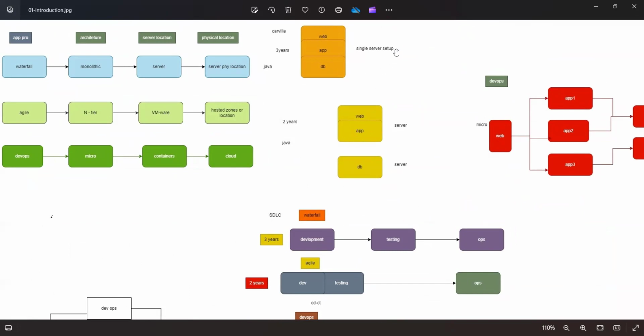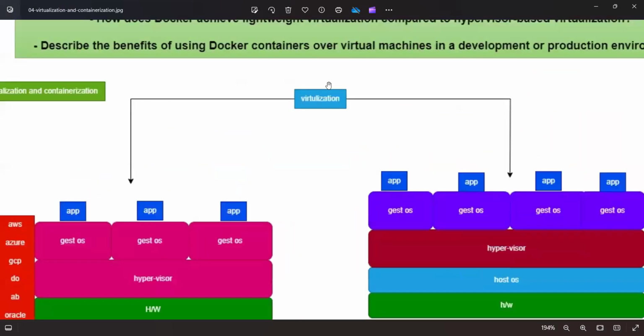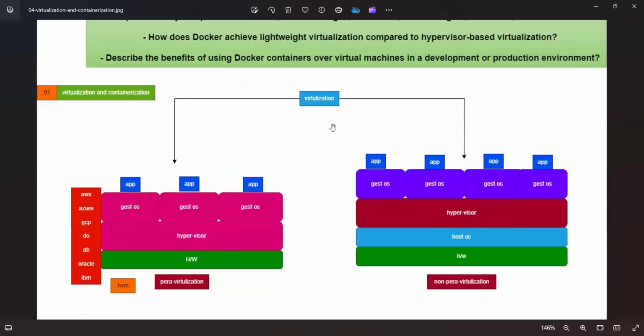So next is virtualization. I'm saying virtualization means